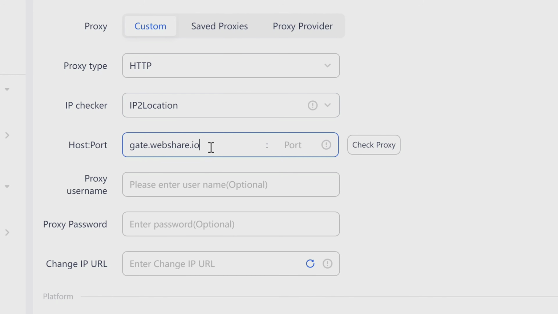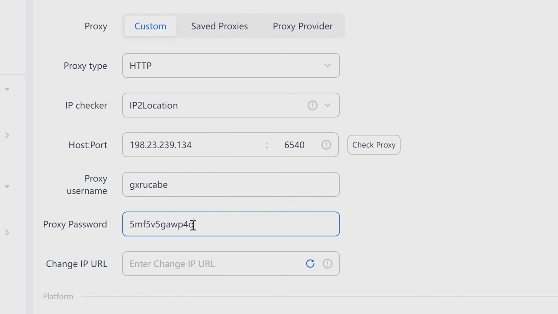So as this is a data center proxy, I have to enter the IP address. So let me paste it here, and then right to it, I'm gonna enter the port, and then I will enter the username of the proxy, and then password. Even if these fields are optional, make sure to fill them up. Now once you filled up your proxy details correctly, most importantly, you have to check the proxy if it